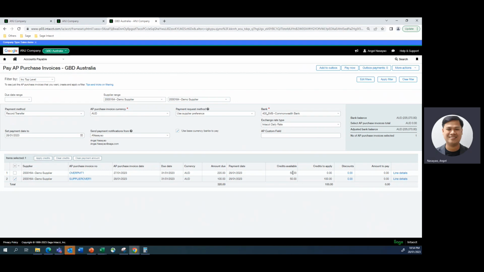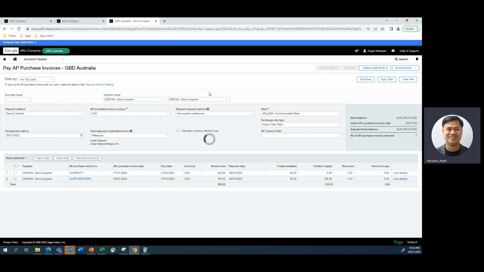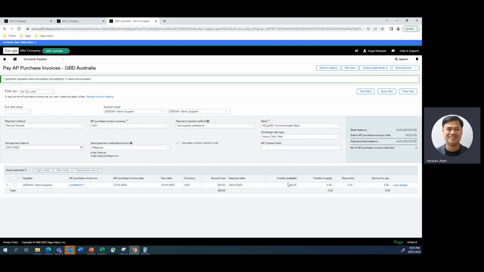So notice that the credit available now becomes 100 because 100 is being applied to that AP purchase invoice of 100. And I'll just click pay now. All right. And just save it without entering more information. So the whole purpose of this process is just to apply the credit that is being generated by the AP advance, which is for 150, and apply it against that invoice that I was trying to settle, which is only